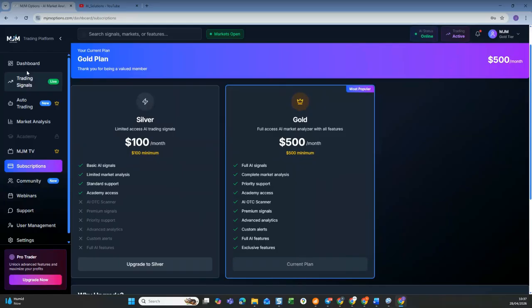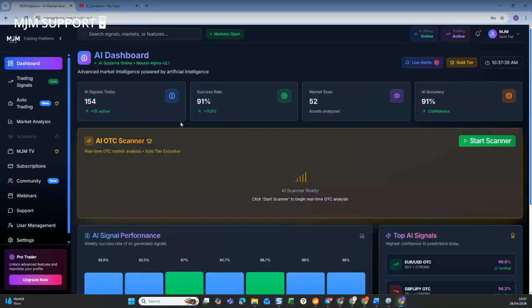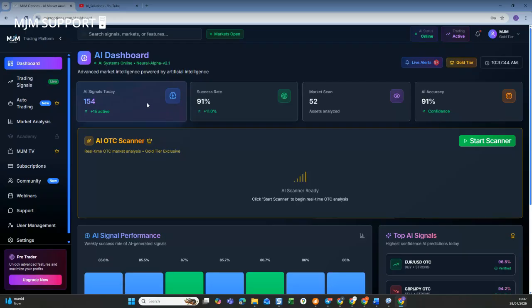Now, how do you get access to it for free? It is simple. 3 simple steps. First, you need to register on the AI platform itself, which is mjmoptions.com. That's the first step. Send me the email you registered with. That's the first step. Now the second step is for you to register on